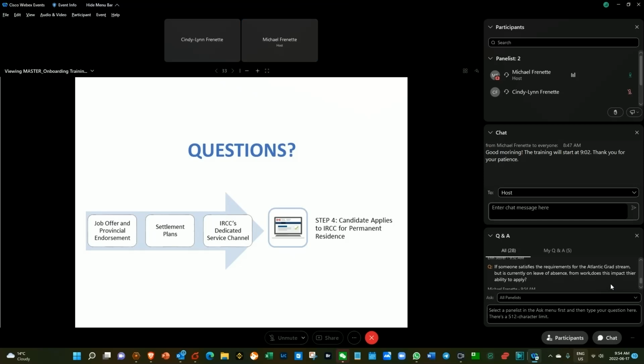Is it possible to apply with a job offer that was provided before receiving designation? In this situation, the candidate is already working for you. Even so, you would need to offer a new job offer for the purpose of the program. This is a seamless transition. You don't have to fire the candidate and rehire him, so he can keep on working for you. But for IRCC purposes, you would need to fill out the offer of employment form and make that new job offer.